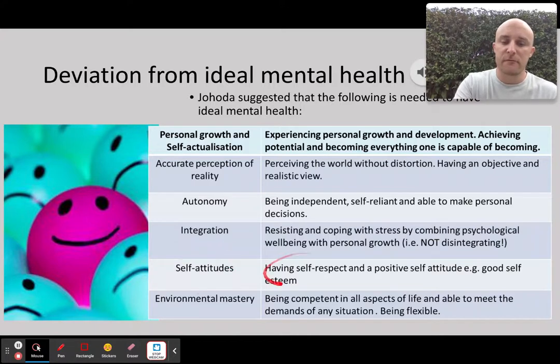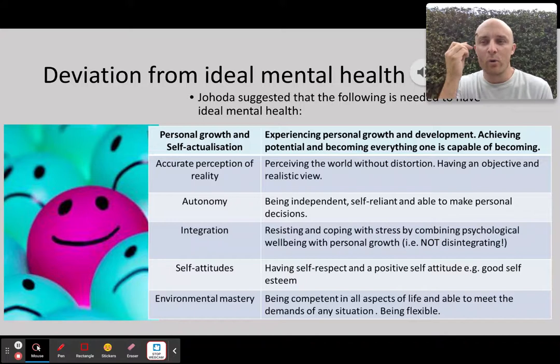Self-attitudes, having self-respect and a good positive attitude, good self-esteem. Are you, by the way, an automatic positive thinker? I'd say 1 in 20 students are. So that's 19 people who are abnormal. And then finally,